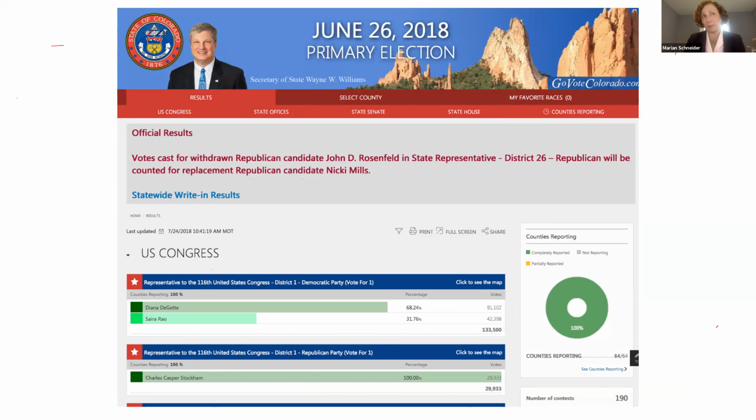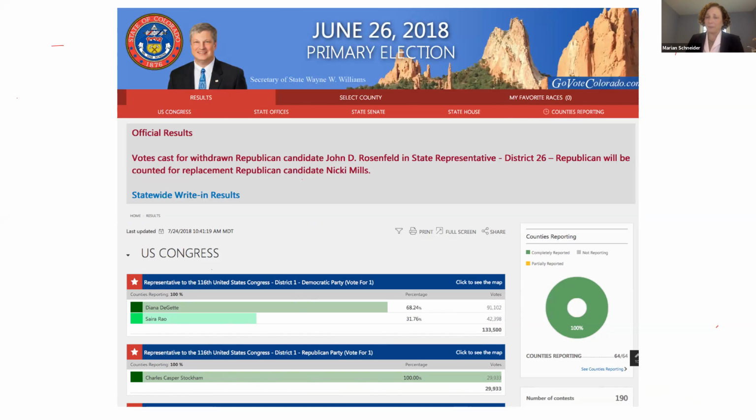This is just an example. I picked on Colorado. Every state has an election night results reporting website. And what this might look like is, suppose these are unofficial results when they're reported on election night, but if a bad actor tried to alter the result or did a denial of service attack that brought the site down, that would undermine confidence in the election results.